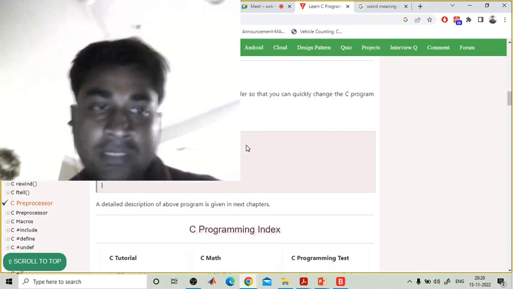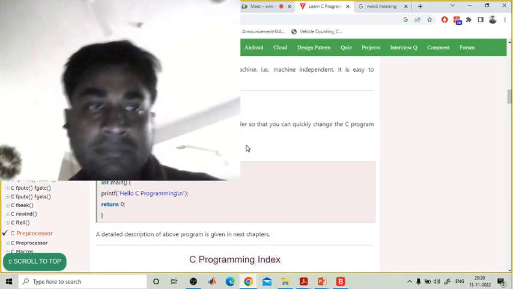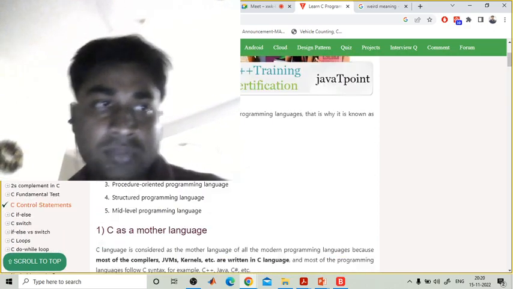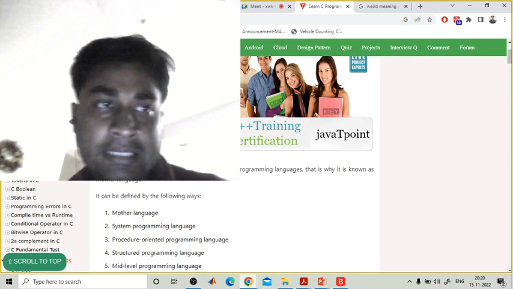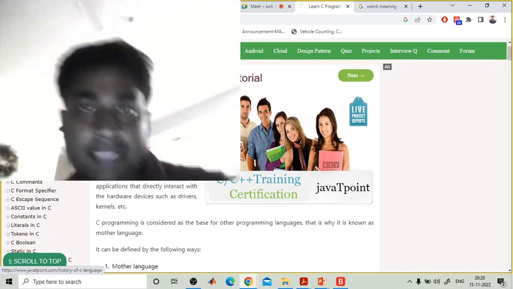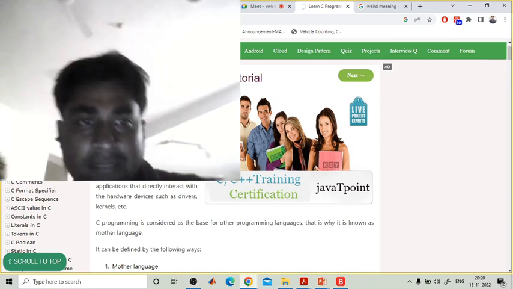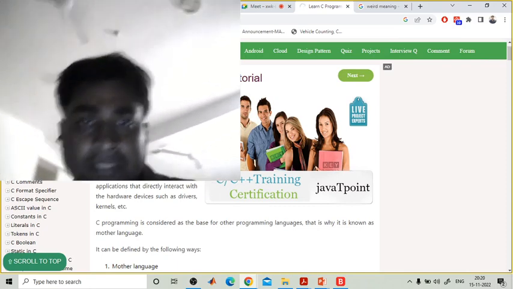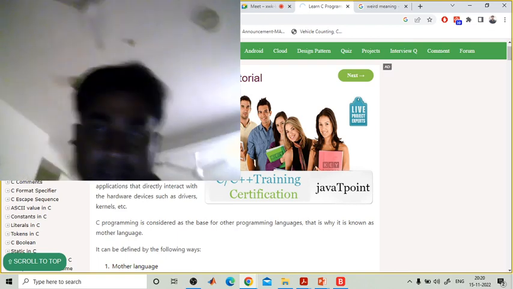Now you know about the C program, how to write the C program, so I am just keeping that here. Going to the next part, that is the history of C language. You may remember or may not how C language came. This thing will be discussed here. Just see.